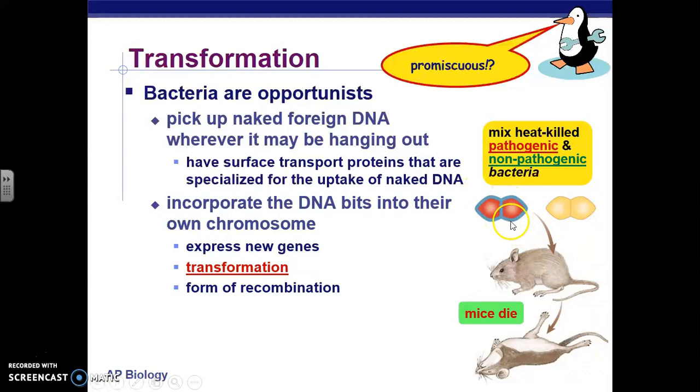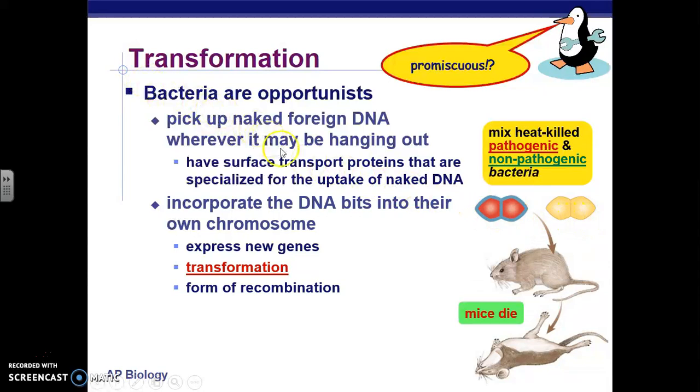had bacteria. This is heat killed S bacteria, and he also had regular R. And when he mixed them together, normally heat killed S couldn't kill, and R couldn't kill in general. But what he concluded, if you remember from this experiment, is that something from heat killed S went into R to give it the ability to kill, and then through all the other experiments, they found out that material that went from heat killed S into R was DNA,